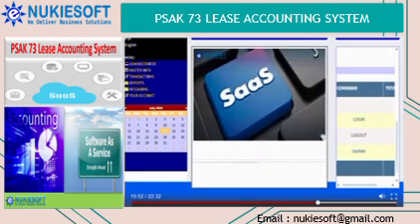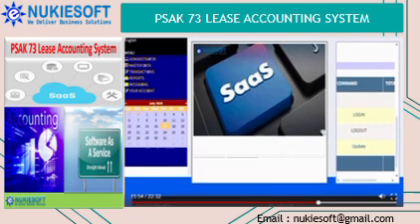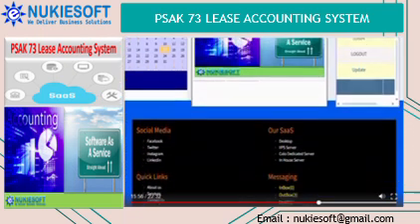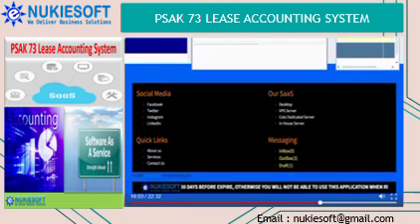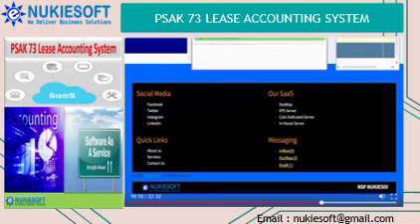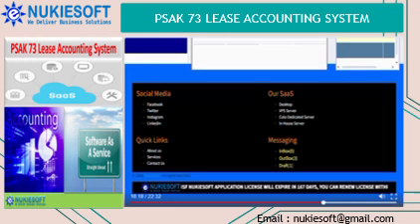Determining the interest rate implicit in the lease is a key judgment that can have a significant impact on an entity's financial statements. If this rate cannot be readily determined, the lessee should instead use its incremental borrowing rate. The incremental borrowing rate is defined as the rate of interest that a lessee would have to pay to borrow, over a similar term and with a similar security, the funds necessary to obtain an asset of a similar value to the cost of the right-of-use asset in a similar economic environment.